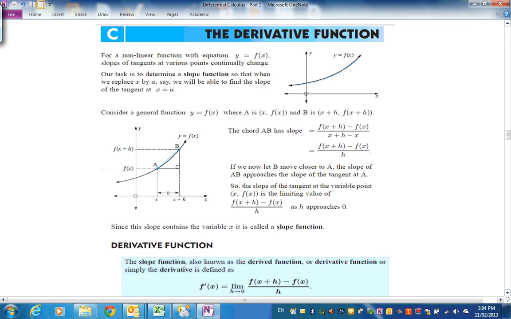Okay, let's come down here and let's look at the formal approach to this that we have to do mathematically. This is called first principles, and you only go through all this if this is asked. It's a first principles derivation or approach to finding the derivative function. Let's have a look at what the derivative function is. It's a function that we're going to derive from this slope approach. So here's our basic